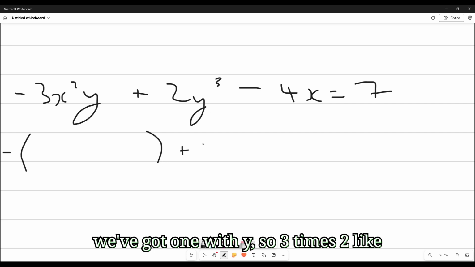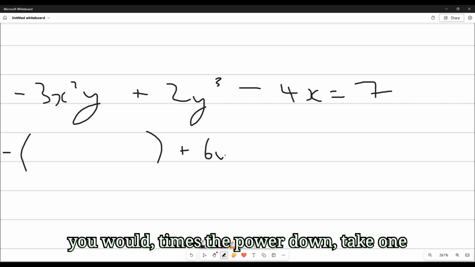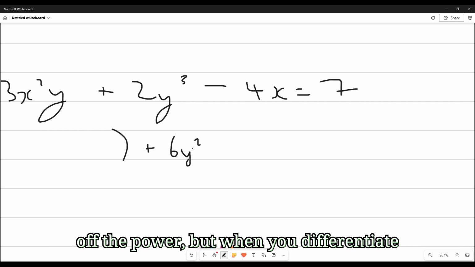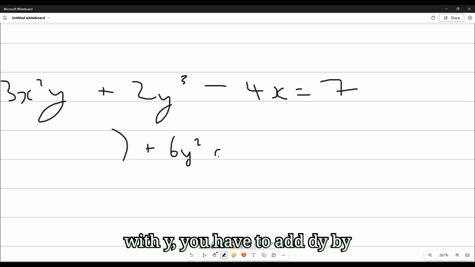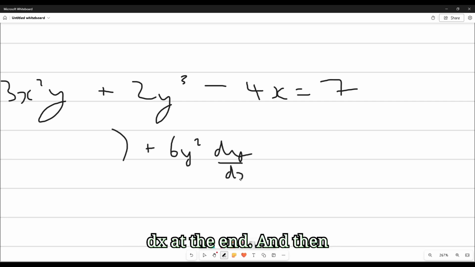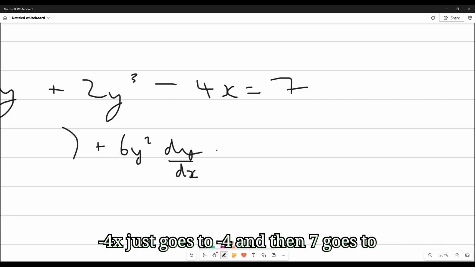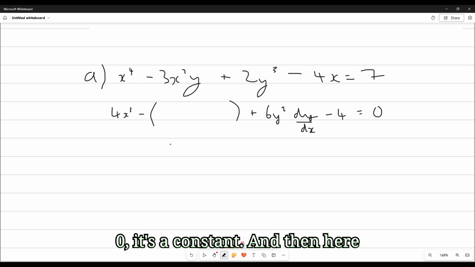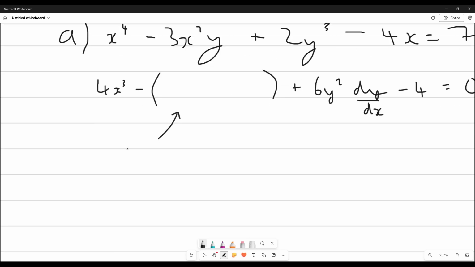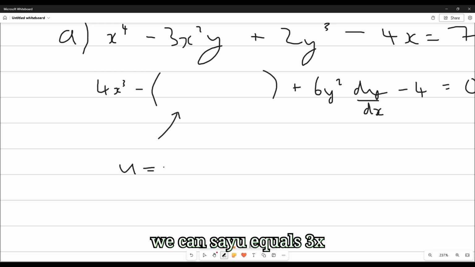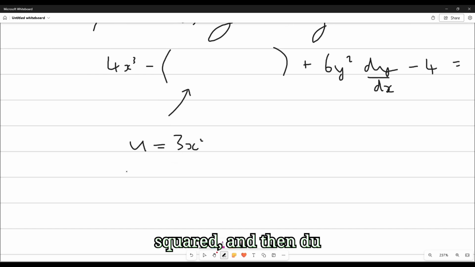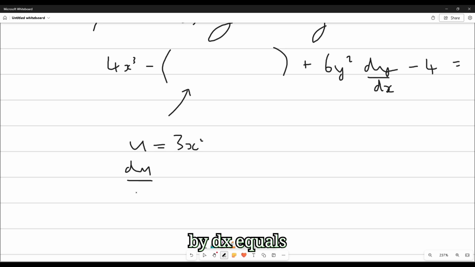So 3 times 2, like you would, times the power down. Take 1 off the power. But when you differentiate with y, we have to add dy by dx at the end. And then minus 4x just goes to minus 4. And then 7 goes to 0. It's a constant. And then here, we can say u equals 3x squared, and then du by dx equals